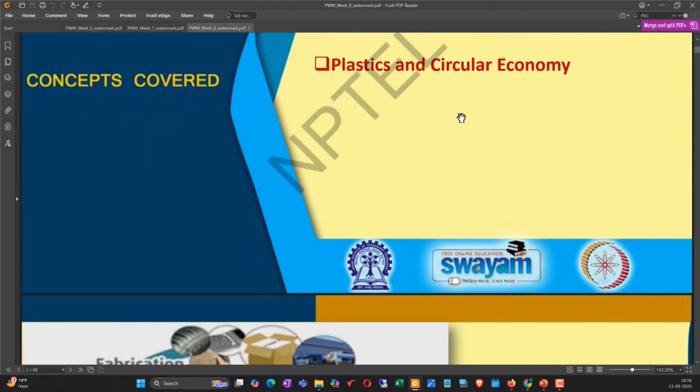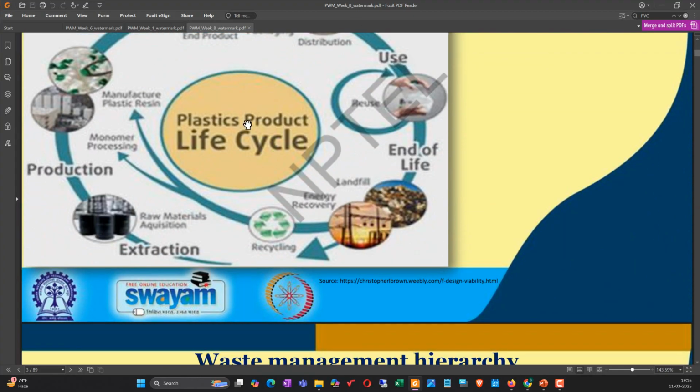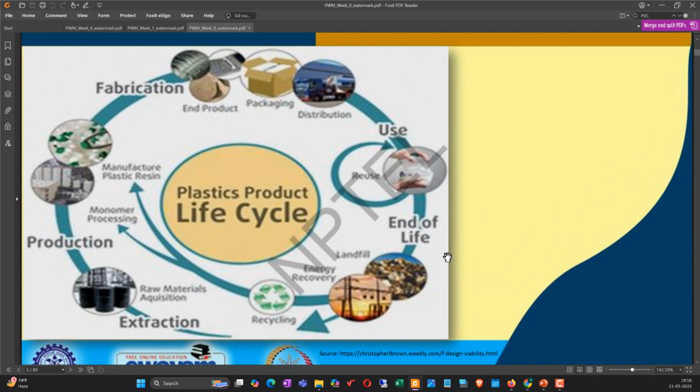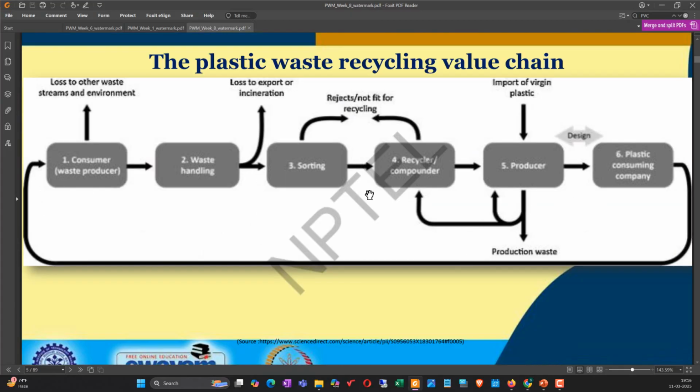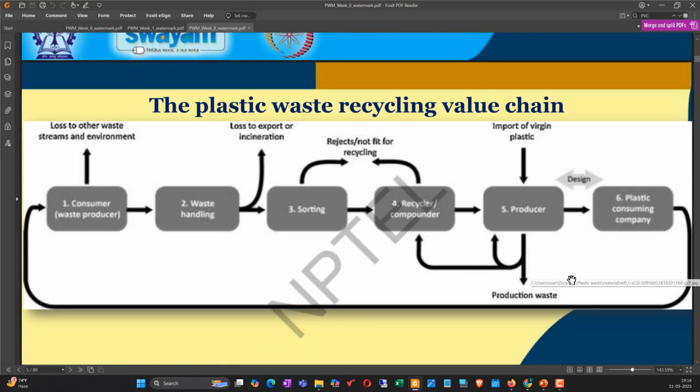resource recovery, where plastic and circular economy are being discussed, and the main thing is the end of life, which is the life cycle analysis, and what happens to the plastic. In order to track that, there has to be data, right? You saw that incineration, landfilling and resource recovery are waste disposal techniques which are least preferred, and the most preferred ones are recycle, reuse and source reduction, right? This is the concept of circular economy, where you are trying to recycle most of the waste that is coming directly or indirectly into the